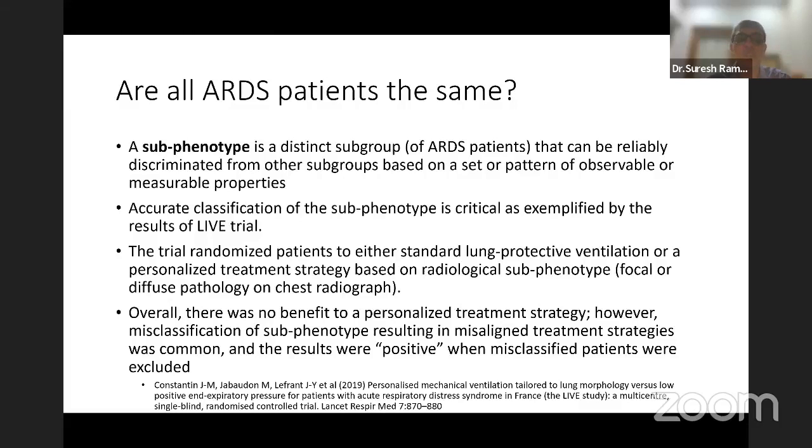So there is an issue about how to do it, but there are PEEP responders, people who improve their PF ratio by more than 25 millimeters, who can be called a PEEP phenotype or a PEEP responsive subphenotype. And maybe treatment directed at those people may have a different effect than in those who are not PEEP responsive. So this concept of a subphenotype is important to understand.